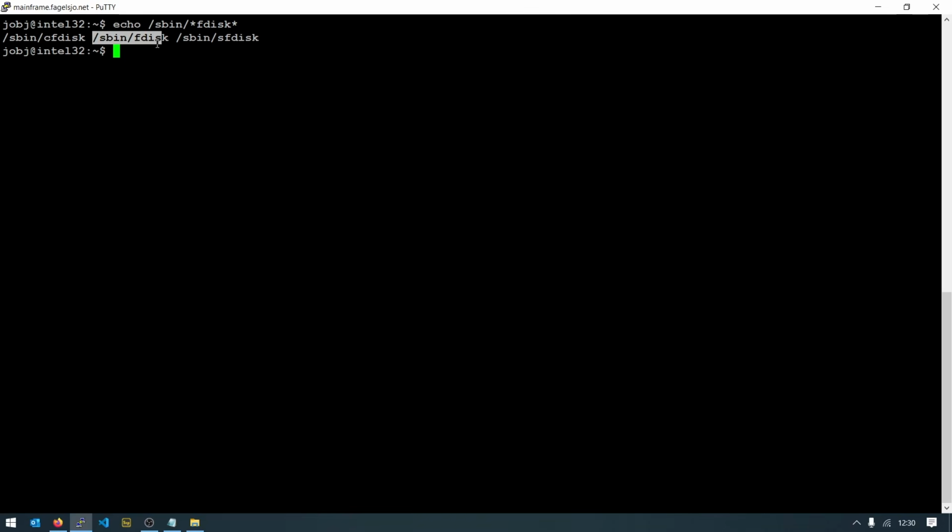The regular fdisk uses commands and prompts. But for our intents and purposes, which is scripting, since we're gonna create partitions based off of a script, this is perfect because we can read from a configuration file basically, which will create all the partitions for us. So sfdisk we need,